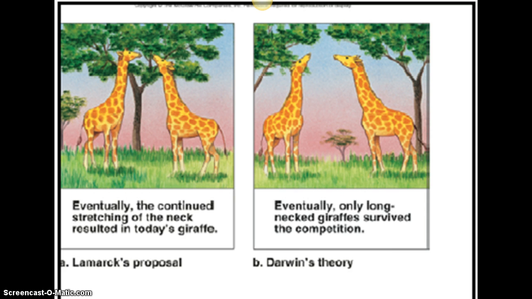So part 3 here looks at Lamarck saying eventually the giraffes kept stretching their necks and stretching their necks, and eventually the only type of giraffe we had was a long-necked giraffe because their parents stretched their necks really far, and so now our current giraffes don't have to work as hard. They already have long necks. Darwin says eventually we only have long-necked giraffes that survived because of competition. That gene, that trait, is no longer noticed or seen because the ones that are more fit were the long-necked giraffes, and so that's all we see are these long-necked giraffes.